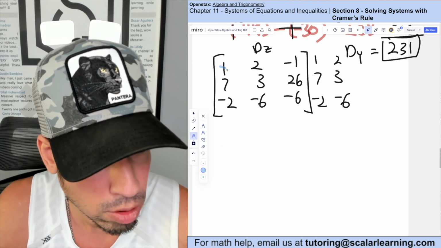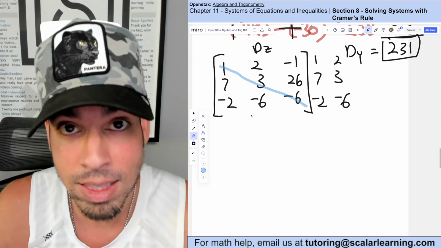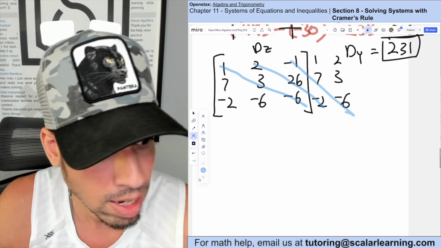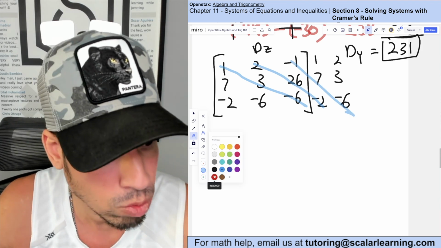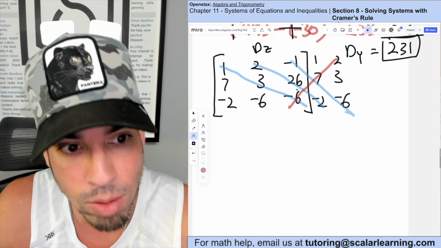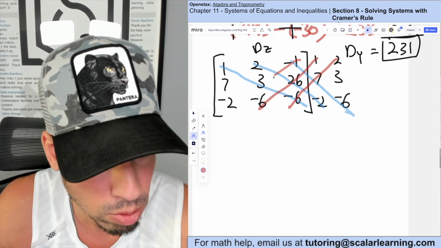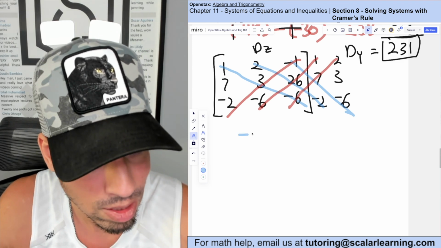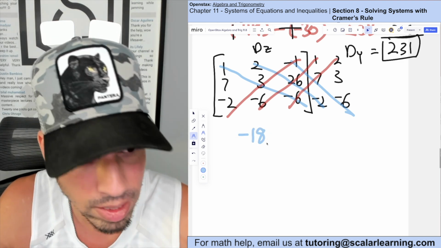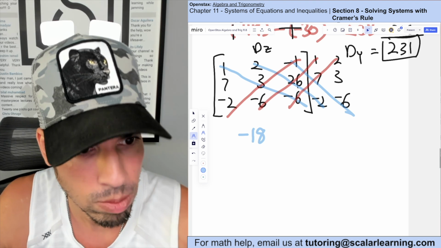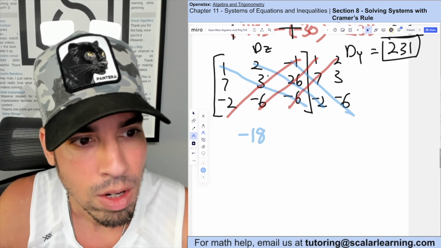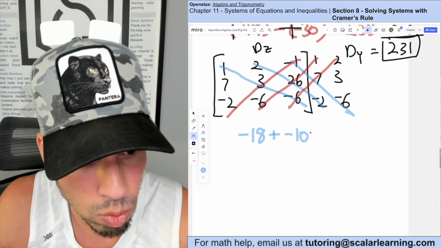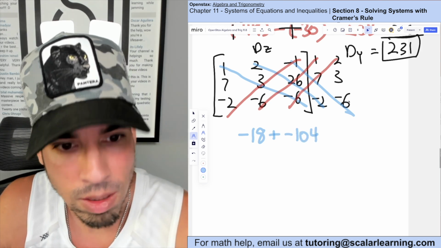So again, in blue, we're going to add these positive products, boom and boom, like that diagonal. And then we're going the other way. Everything is red. We're going to subtract those products, boom, boom, and boom. Okay. So now we have 1 times 3 times negative 6. That's negative 18. Again, we're adding it, so it stays negative. 2 times 26 times negative 2. That is negative 104, so we're adding a negative 104, and then negative 1 times negative 6 is 6 times